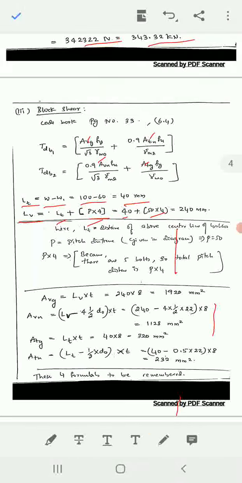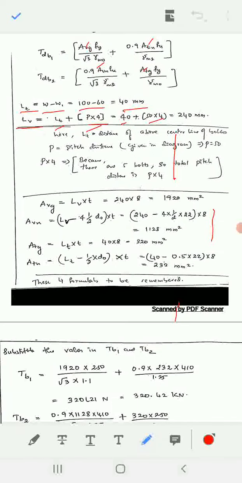Now we have to find out AVG values. AVG is LV into T. LV is 240 into T, that is 8 mm. Then AVN is LV minus 4 and half D naught. Why 4 and half D naught? Because 5 volts are given. 5 volts means 4 and half you have to give, then half you have to give here in the ATN value. Here 4 and half D naught into T, if D naught is 22 and you got this value, then